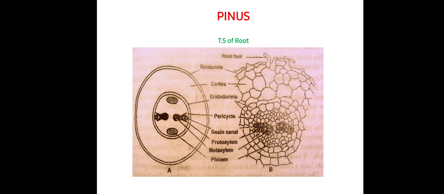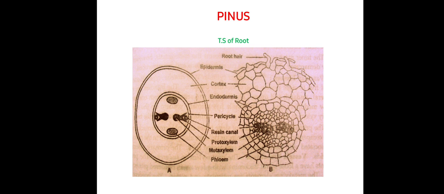The epidermis is the outermost layer, one cell thick without any intercellular spaces, and root hairs arise from these epidermal cells. Because of this, the layer is also called the piliferous layer or epiblem. The mature root develops ectomycorrhizal association, so the number of root hairs increases drastically. The main function of the root hairs is the absorption of water.